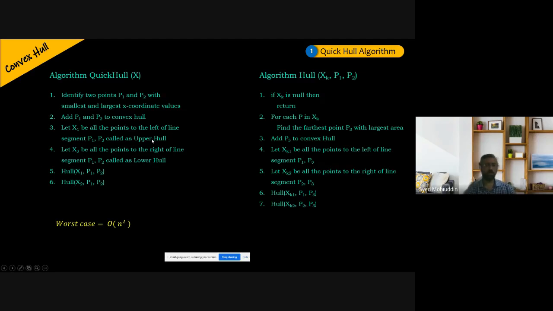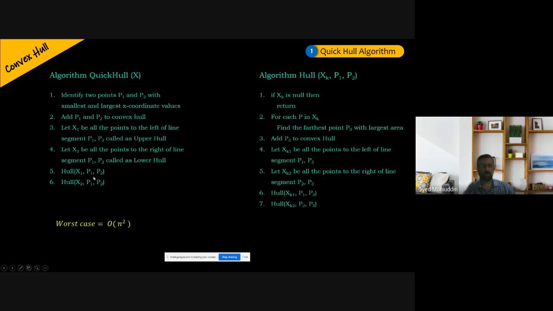So that is why I told you, the upper hull is sometimes called the left hull, and the lower hull the right hull. Then recursively we call the hull algorithm, passing X1, the subset of points lying in the upper hull, or the left segment. And we call the hull algorithm passing X2, the points in the lower hull, along with P1 and P2,